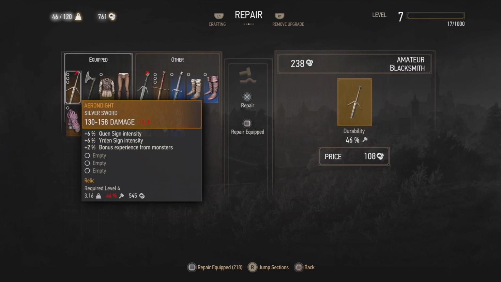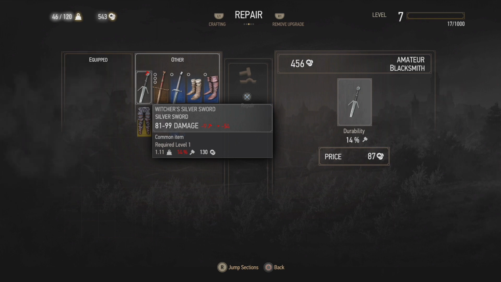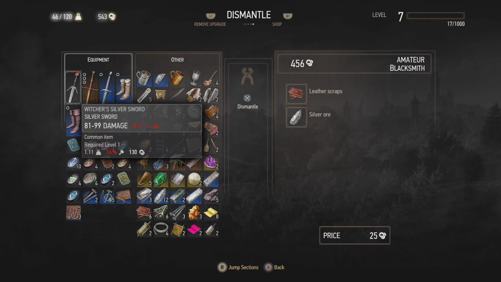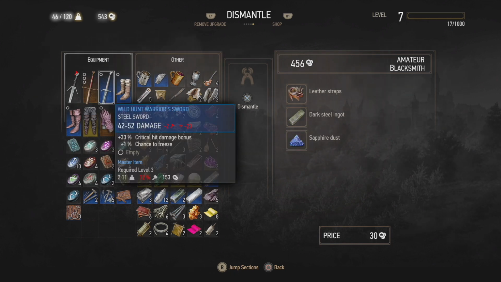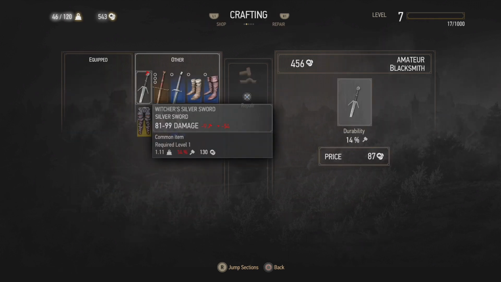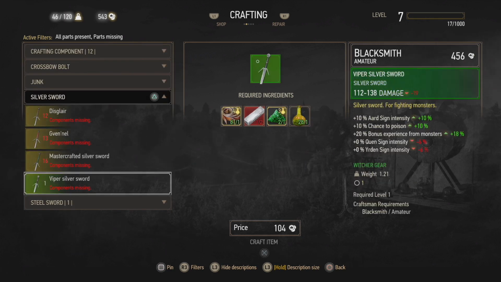Alright, so let's repair what's equipped. And I want him to dismantle because I have a funny feeling... There we go, silver ingot. So if I dismantle the pure silver, I get a silver ingot. And what I need to get the Viper silver sword...